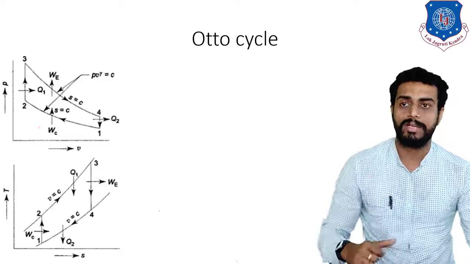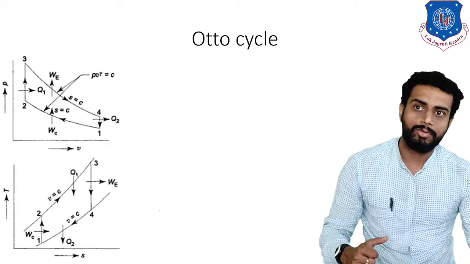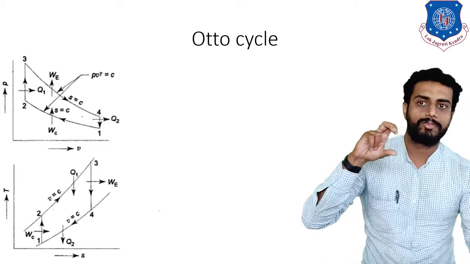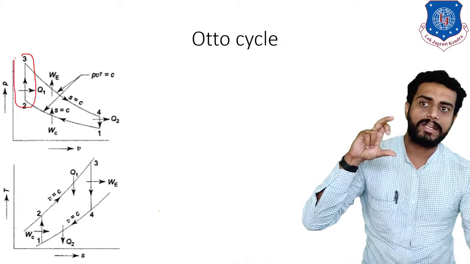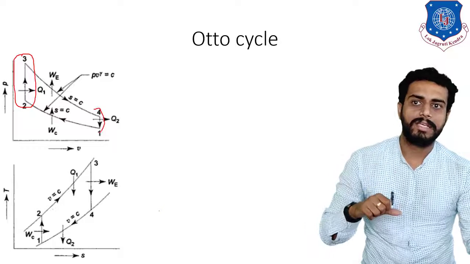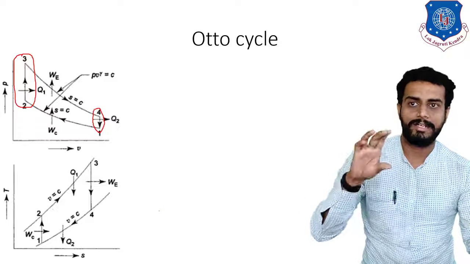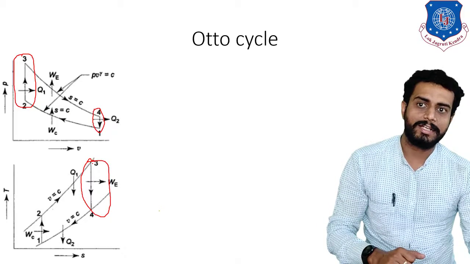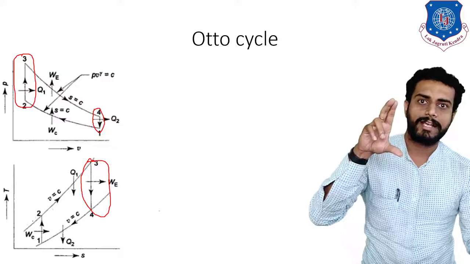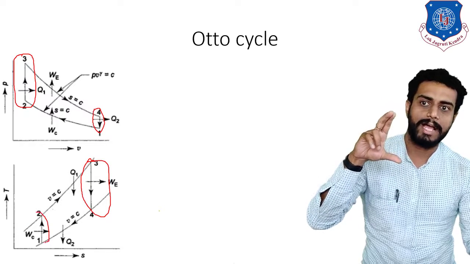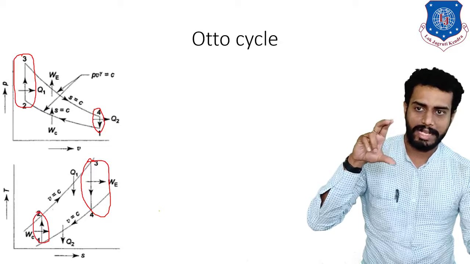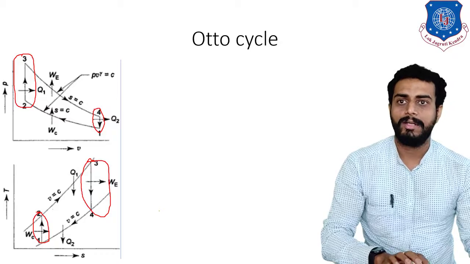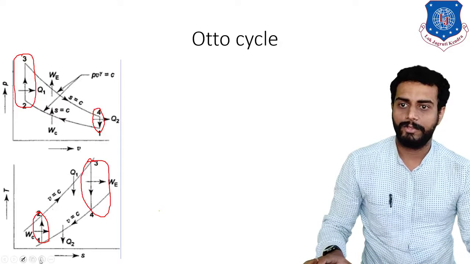Now one thing you should note, students, always remember that 2 to 3 is what? Heat addition line, and 4 to 1 is what? Heat rejection line. So always this heat addition line length will be higher than the heat rejection line length. Okay, keep that in your mind when you are drawing the lines. And in the same way, this 3 to 4 line, that is vertical straight, is representing the expansion work. So the expansion work line will be longer than the compression work line. Okay, so keep that in your mind. Now let us understand the phenomena.